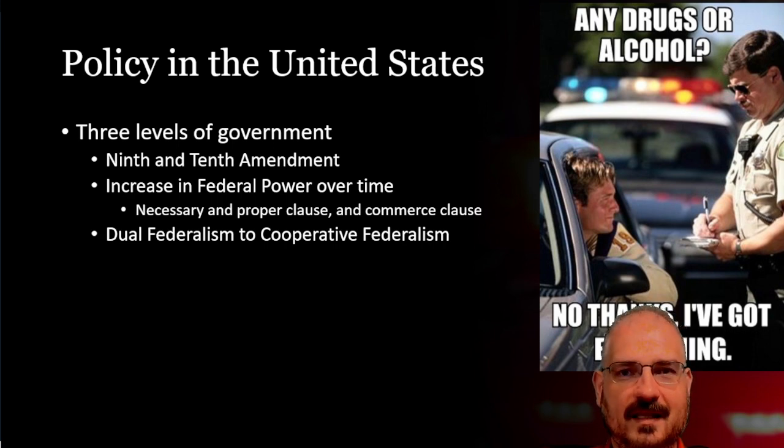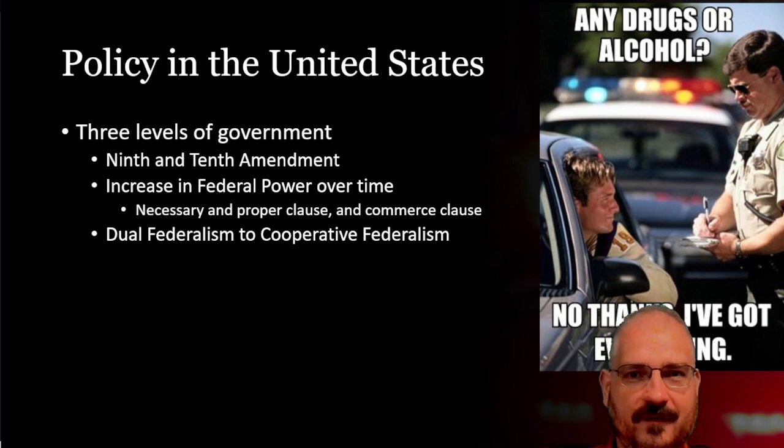And in those, they say that the rights outlined in the Constitution aren't an exhaustive list, and thus people have more rights than just the ones that are explicitly listed in the Constitution and the first 8 amendments. And it says that all powers not given to the federal government via this Constitution are reserved for the states or for the people. So this was kind of the founding fathers' way of saying we also have to have a lot of power, not just in these three separate parts of the federal government, but we also want to give power to the local and state levels of government as well.